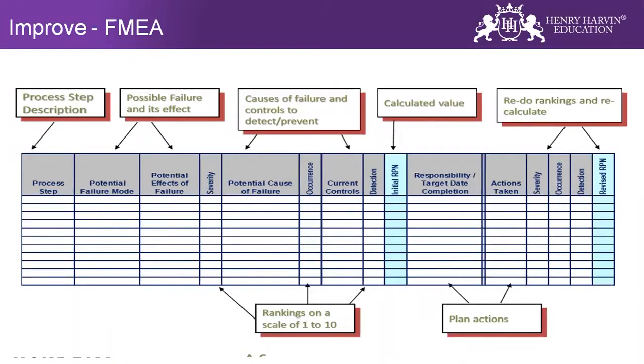Okay, so here you mention the process steps. Here you mention the potential failure mode, how this step can fail. Then what is the effect of this? Then I'll give a severity here. Okay. Then the next is the potential cause of the failure. I would also like to capture the cause here. Okay. Then the occurrence.